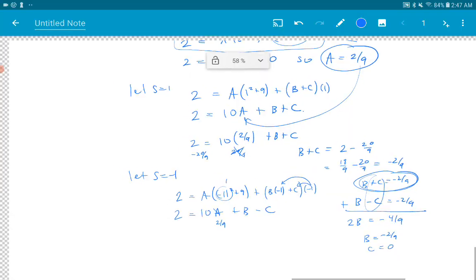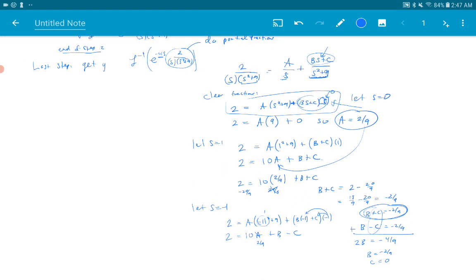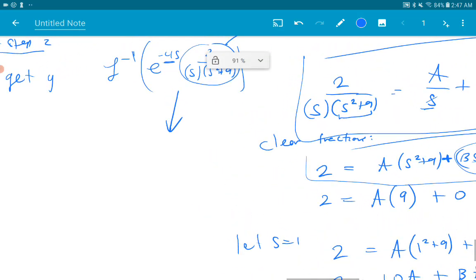So let's go back. Let me zoom out now. That was kind of all scratch work. I was up here, and I found that a was 2/9, b was negative 2/9, and c was 0. Those are the three things I got in this decomposition. So now I can go back to here and say this is the same as the inverse Laplace transform of e to the negative 4s times,